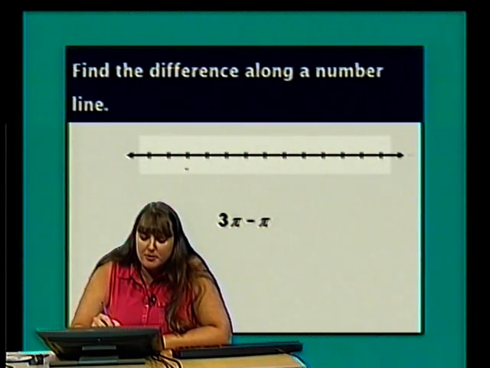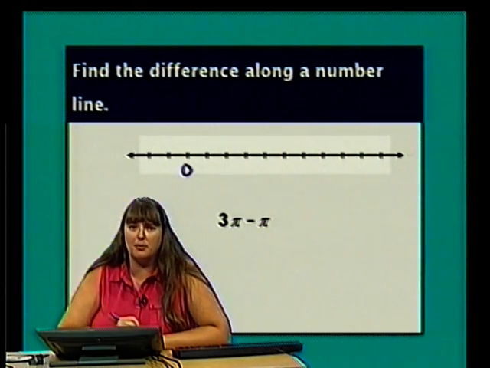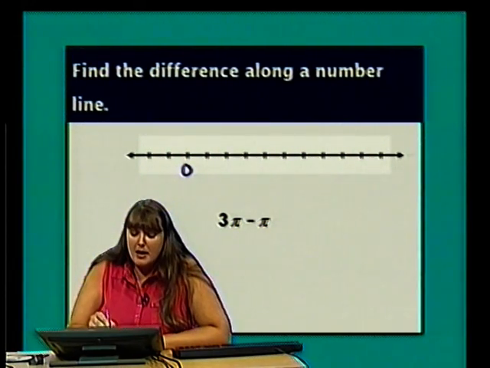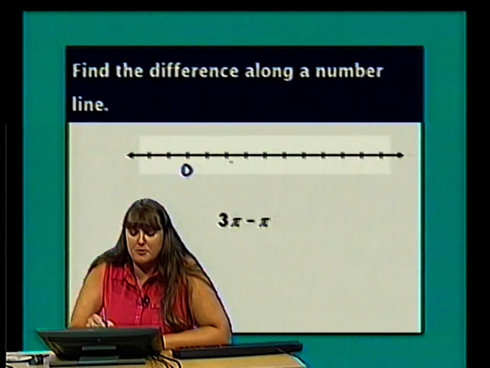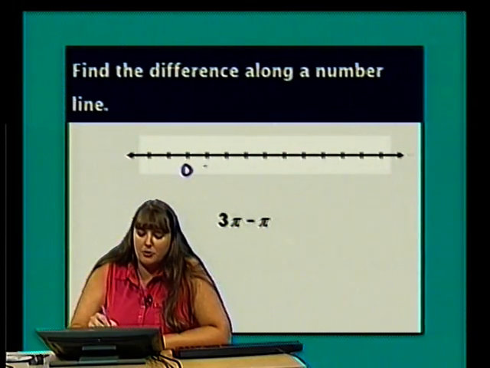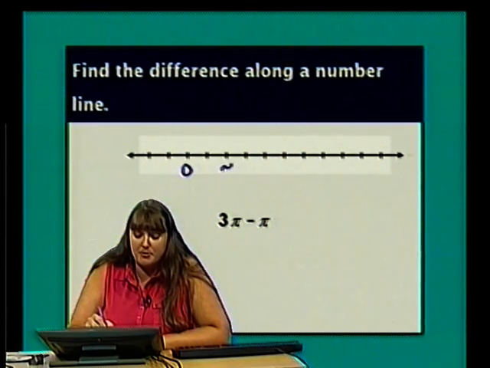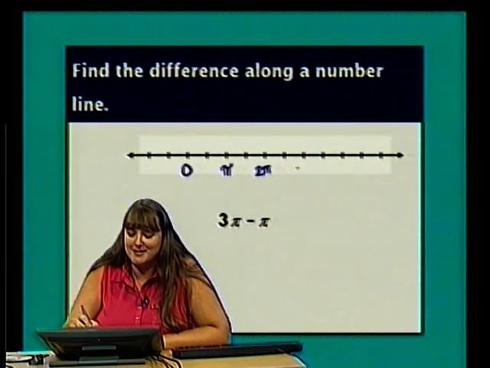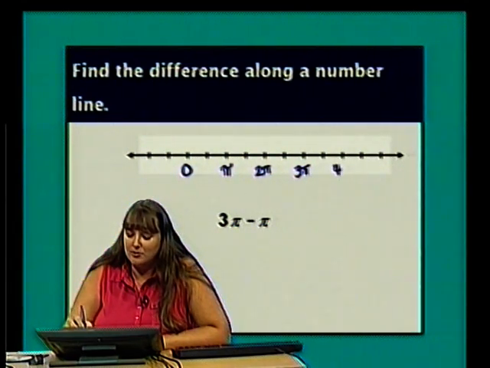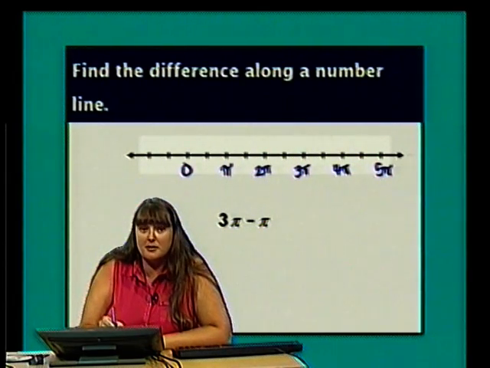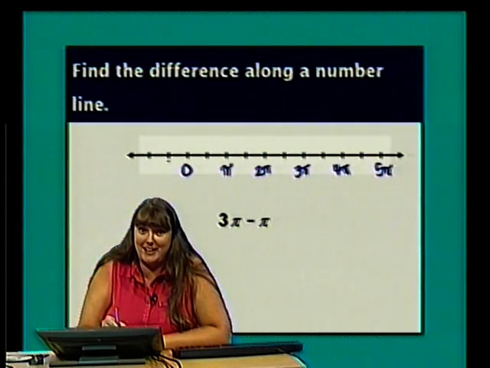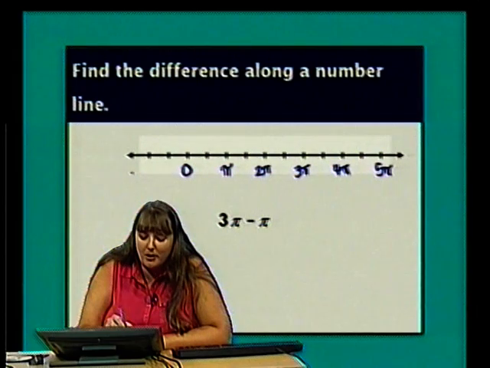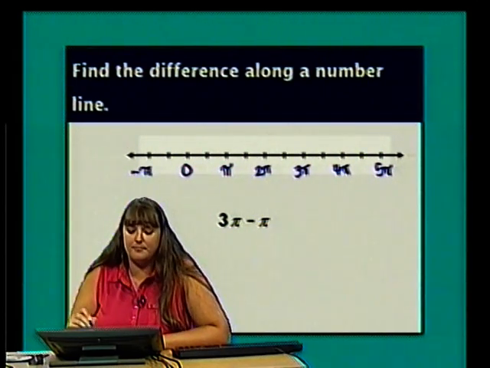So I'm still going to put 0 over here to the left on my number line. And I'm going to make every tick mark represent 1/2 pi. So 1/2 pi, the second tick mark would represent pi. The fourth tick mark would represent 2 pi. The sixth, 3 pi. The eighth, 4 pi. And so on. And then to the left of 0, the first tick mark is negative 1/2 pi. The second tick mark is negative pi.